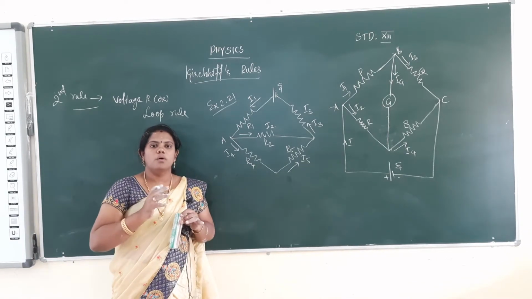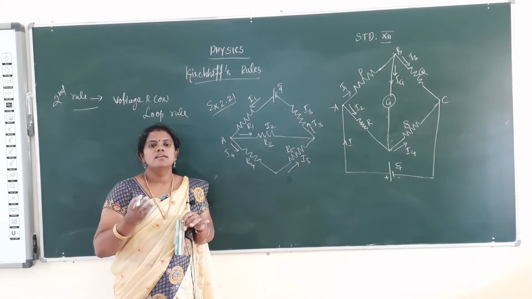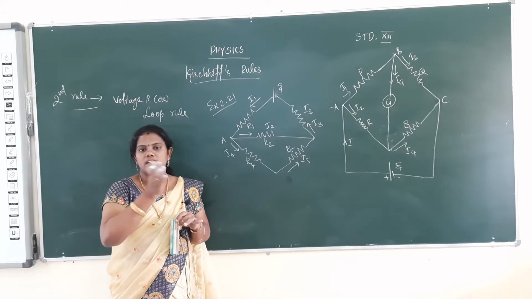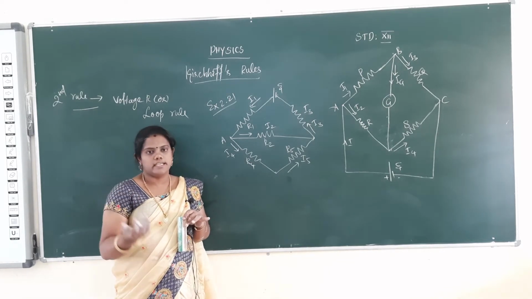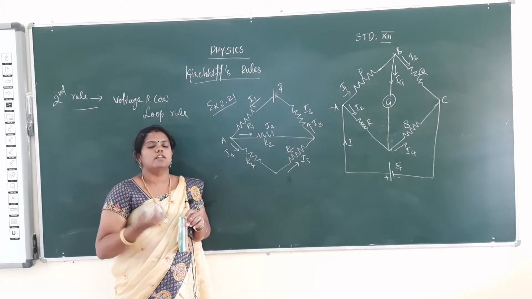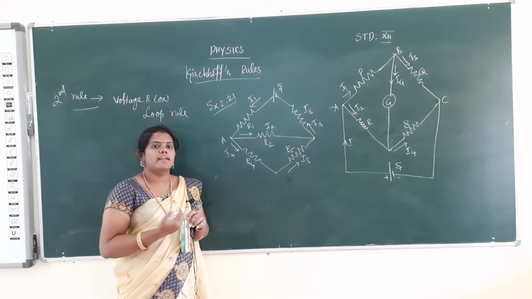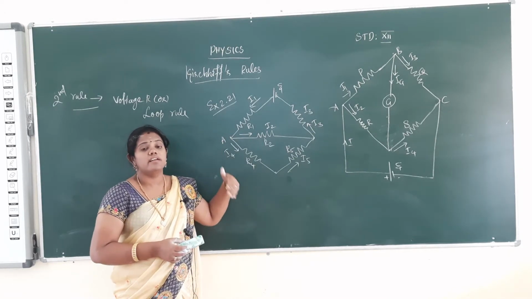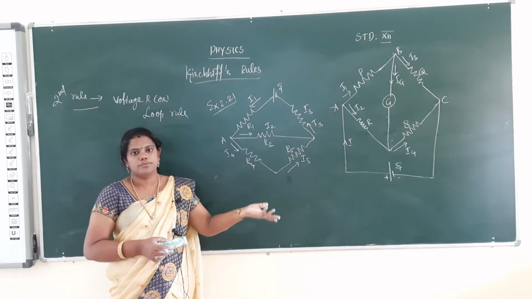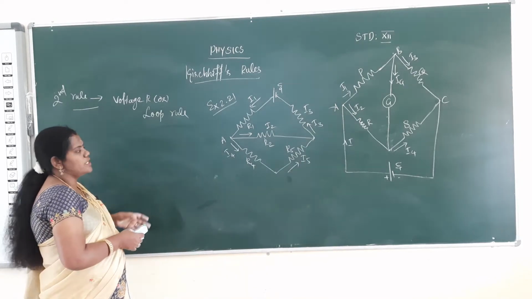But one circuit can have three currents. The first two currents move in the same direction, but the third current moves in the opposite direction, so it will be taken as negative. But the EMF of the cell will be taken as positive and negative. The current leaving the EMF of the cell is positive. The current entering the EMF of the cell is negative. Okay, this is the current denotation.